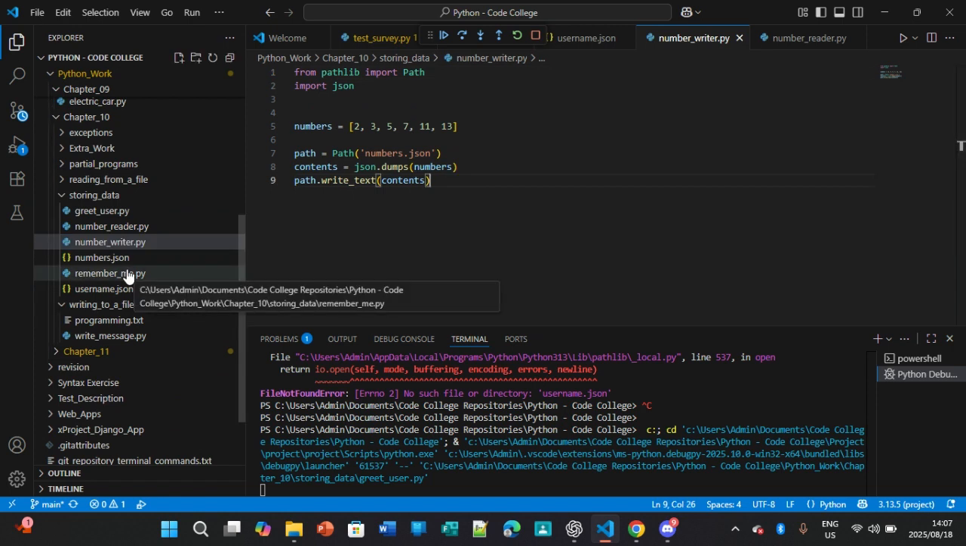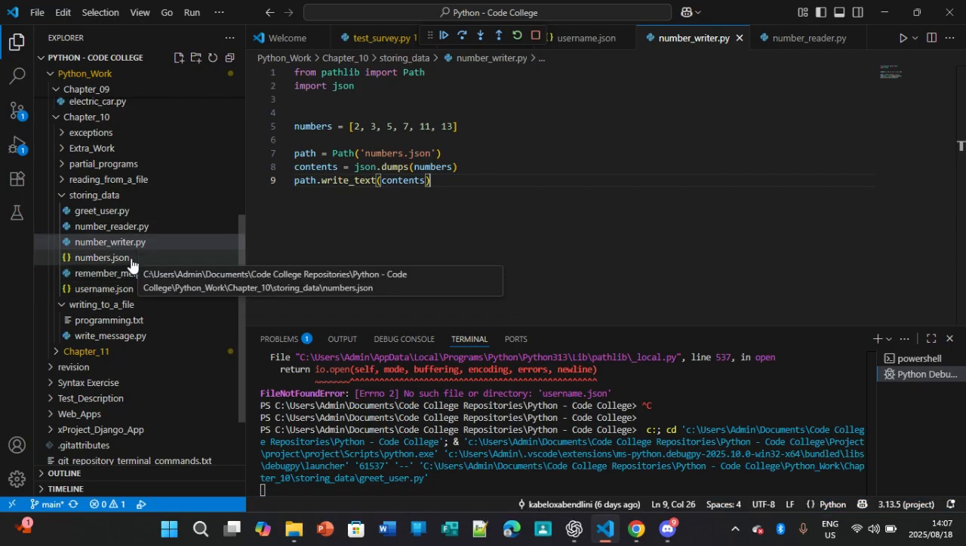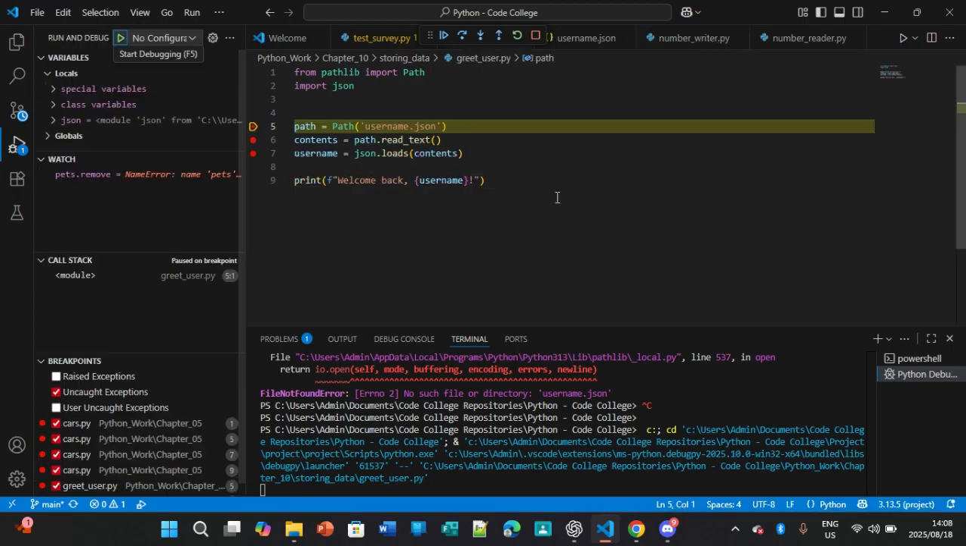Okay, so as you can see here, as you saw for my JSON, I had a folder called JSON that stored a name called Eric, right? So from pathlib import Path, so I'm gonna import Path, right? So I'm gonna import json. So in that path, right? So path is gonna equal Path with capital letters, username.json,